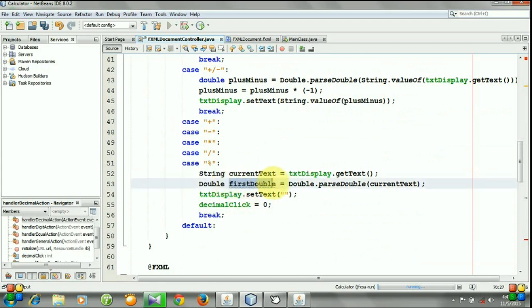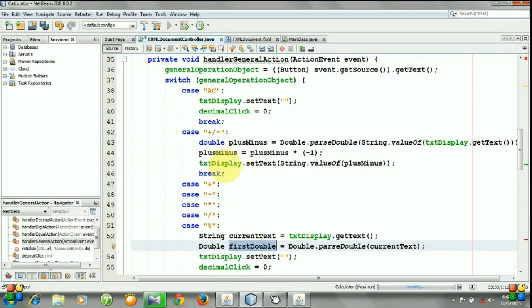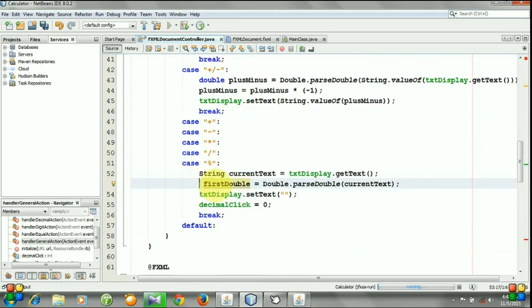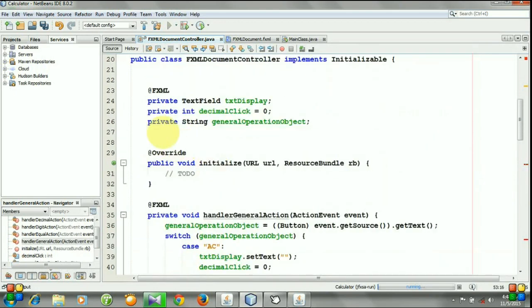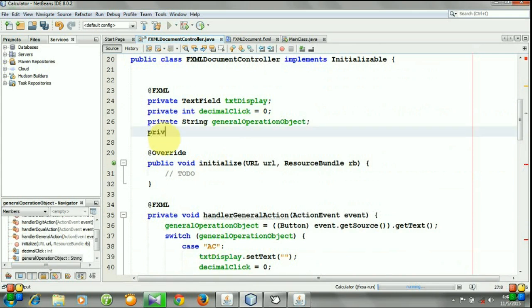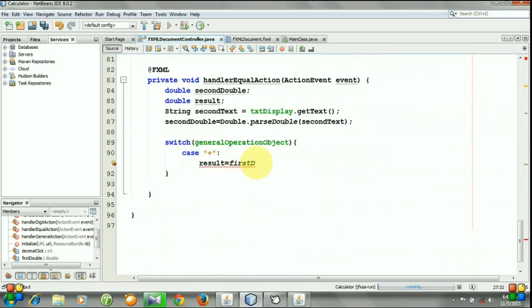You see the first double was saved here after clicking the operator, but again it is local to this method, so we need to make it global. Double, first double. So the result will be first double plus second double. Break.